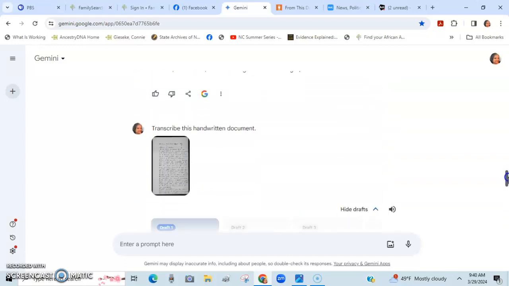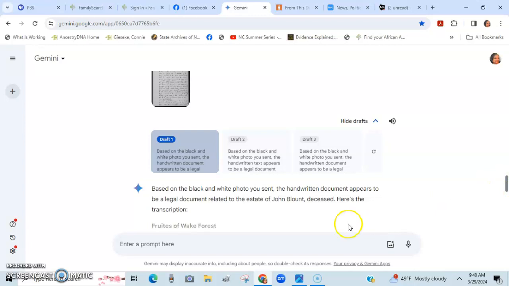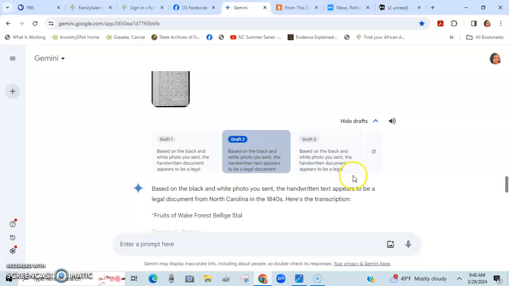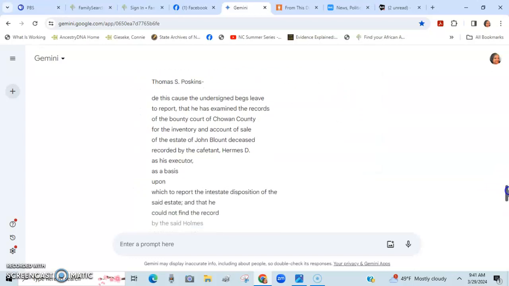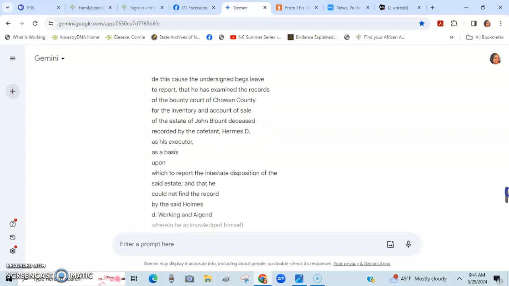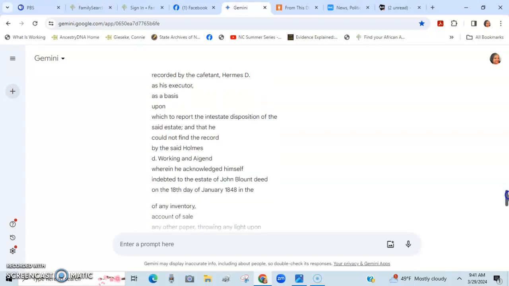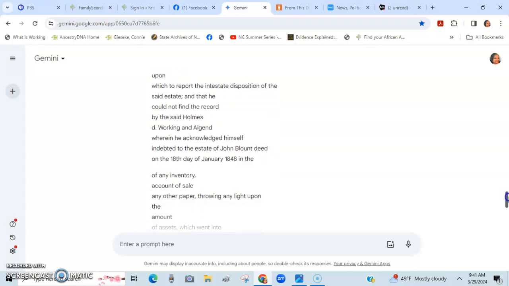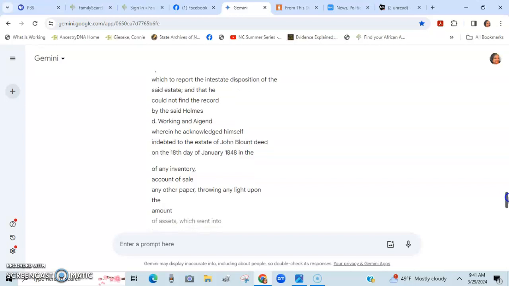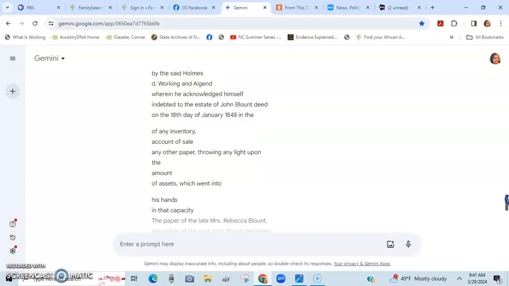So I was disappointed in the transcription, but I did notice the second and third. So I went and looked at the second draft. The summary is a little different, but it's still very accurate. But it did a little bit better on the second one. It actually has wording that makes sense. There are some nonsensical words mixed in, but it really does get the point of the document into the transcription, which is basically that